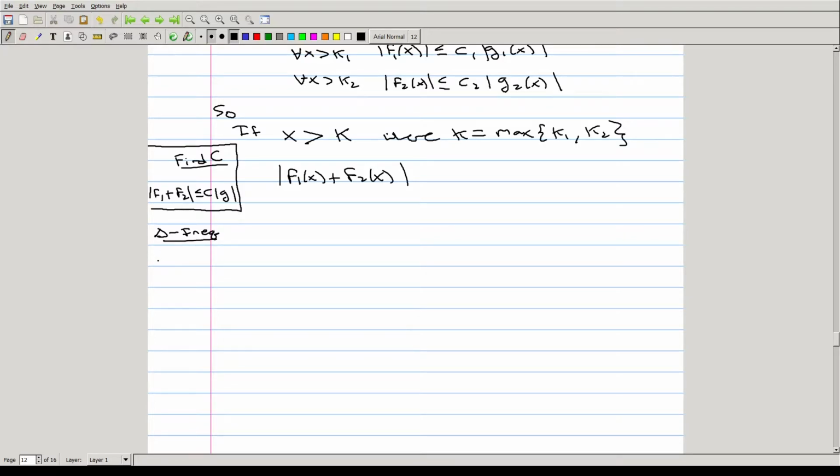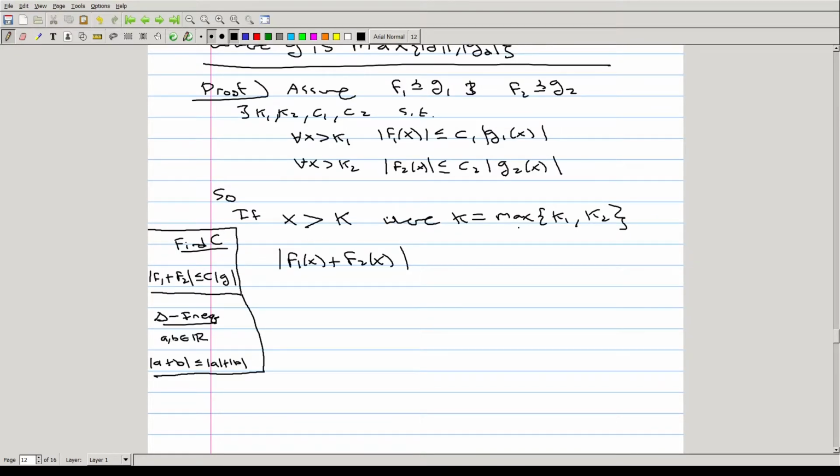in the form that we're going to use it is that the absolute value of a plus b is less than or equal to the absolute value of a plus the absolute value of b. So I highly encourage you to look up a proof of this. It's relatively straightforward and just uses algebra. This is for any two real numbers, a and b. This is less than or equal to